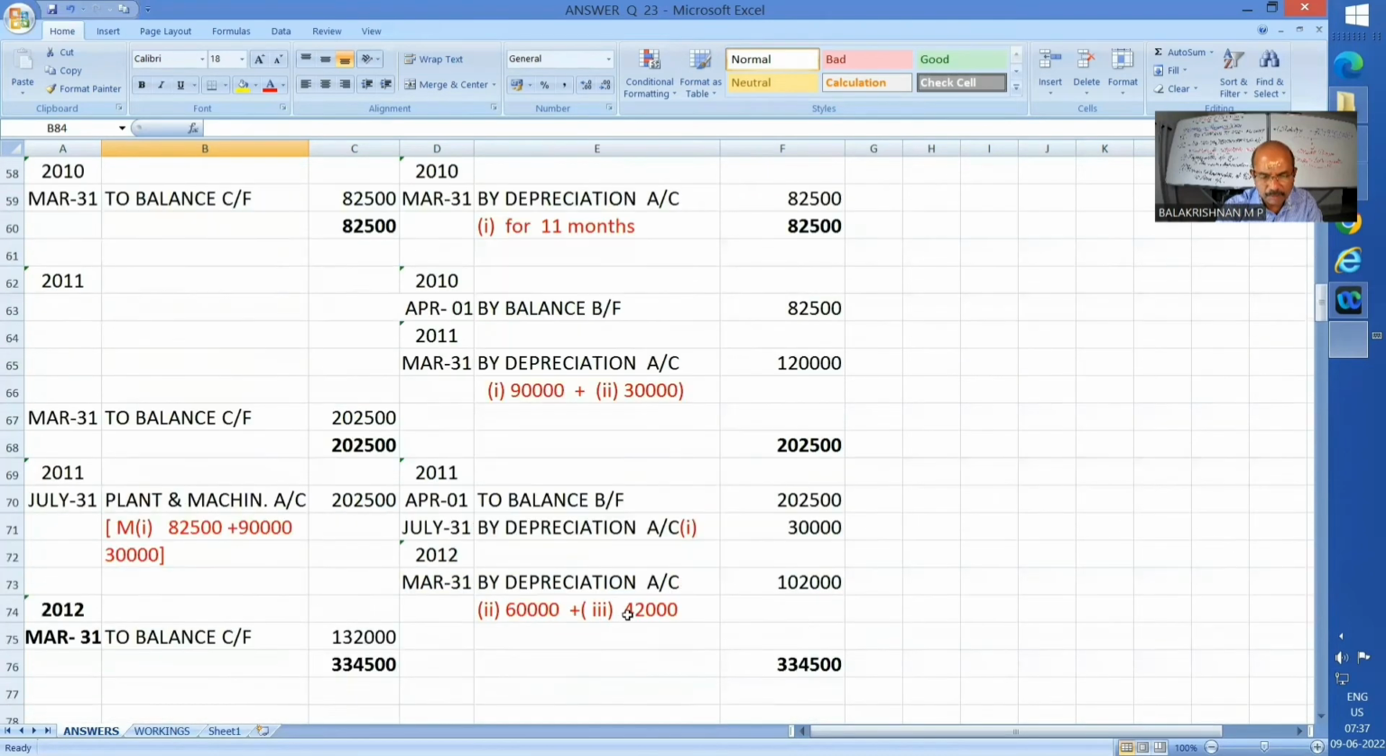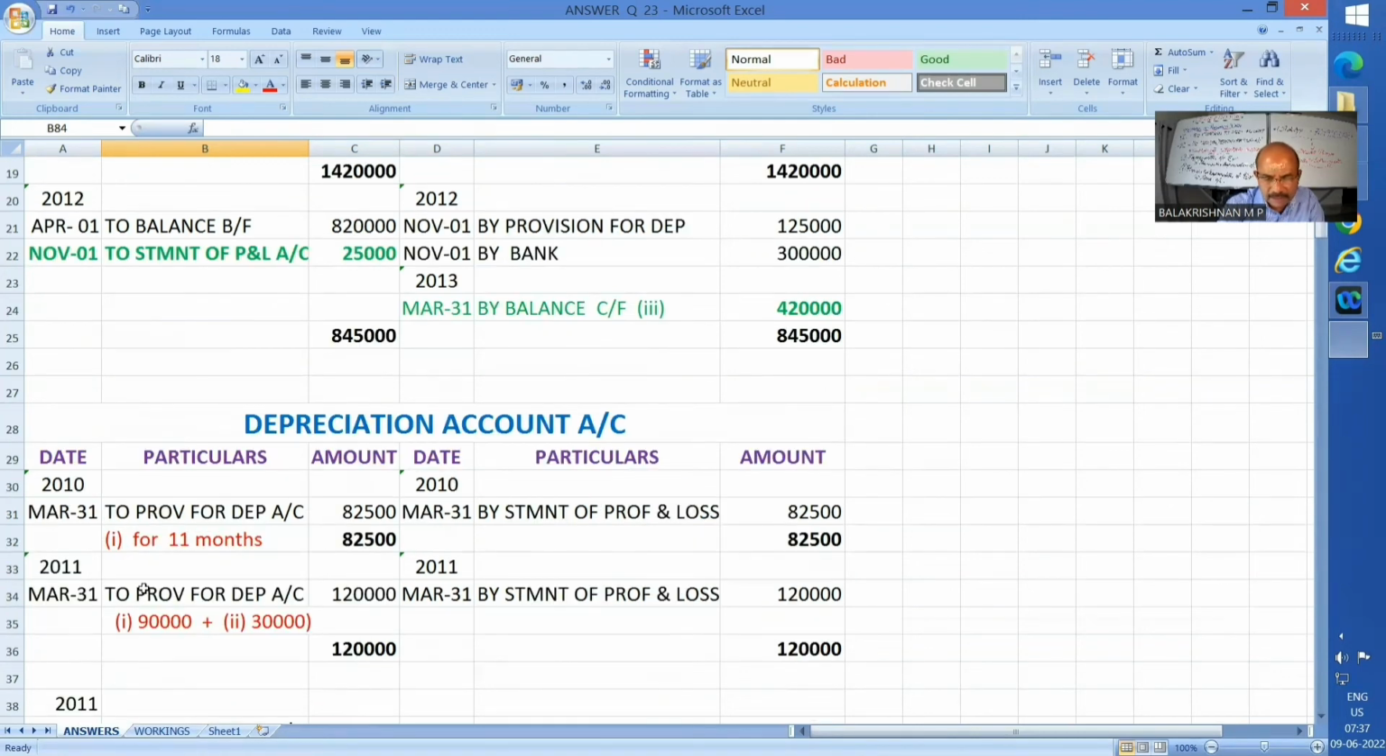Now comes the provision for depreciation account. Total the heavier side 3,34,500. Put the same total across and balance carry forward 1,32,000. Then let's see what happened in this financial year of